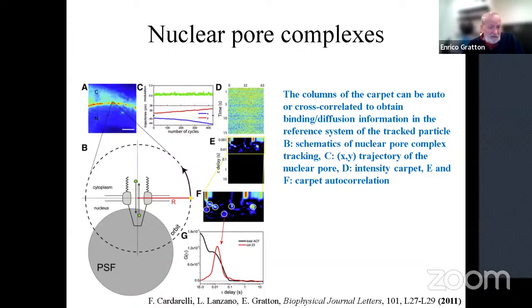For example, this is a particle, a nuclear pore complex, and we perform an orbit which is slightly larger than the nuclear pore complex, in such a way that when we are down, we will observe what happens on this side. When we are up, we will observe what happens on the other side. And this is very important because at the same time we do the scanning, we can do lifetime measurement or fluctuation experiment. It depends on the time it takes a particle to go through the pore complex. We will have different results. Can I have the next slide?